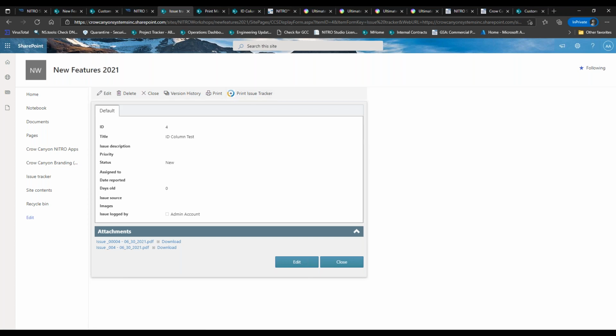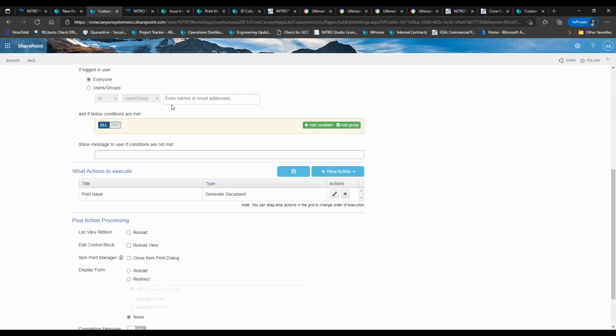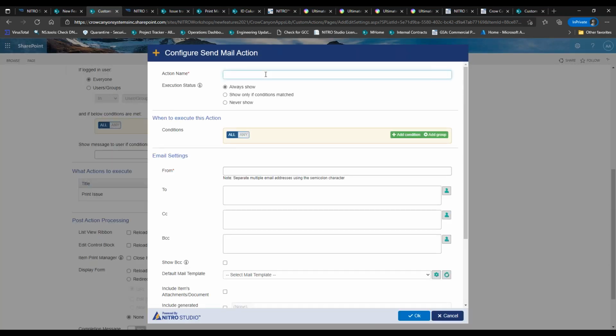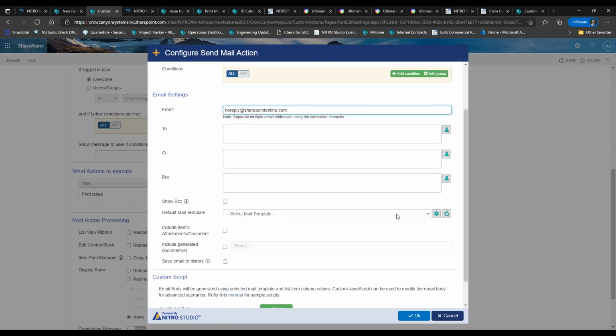And then the other thing we added in here as well is to use that generated document in the send mail action. So we previously didn't have that. Send generated document. So we can go ahead and send that out. Let's do a no reply. And we're going to select a mail template. Now we don't have one, that's okay. I'm just going to leave that blank, but I importantly want to show you that there's this include generated documents